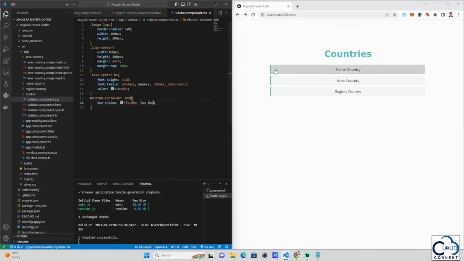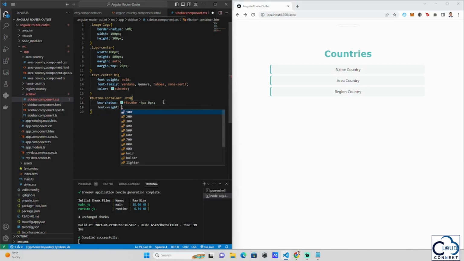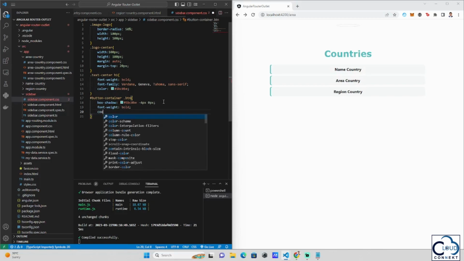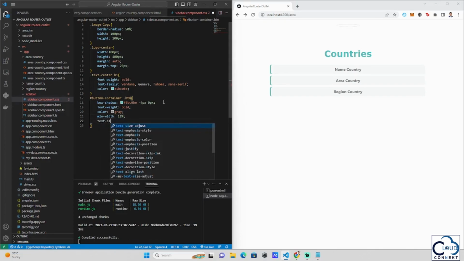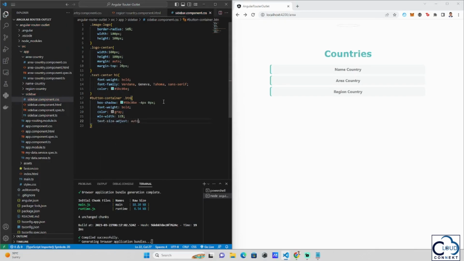Then now, as you can see, there's like a small back shadow thing in our buttons. Then let's add more font weight to be bold, color to be gray, and then minimum width of 15%. And then the text size adjust auto, and